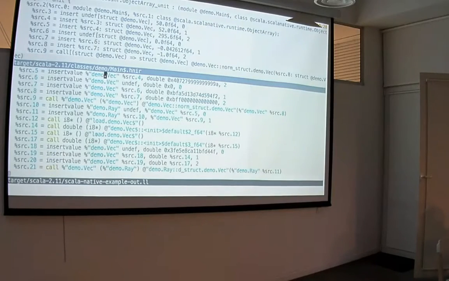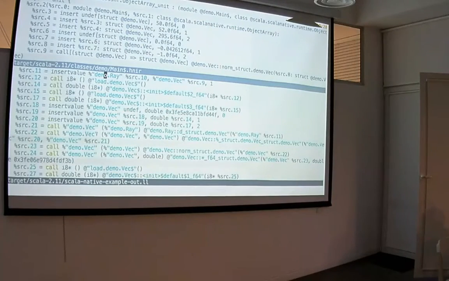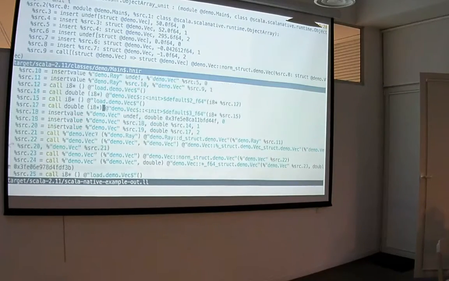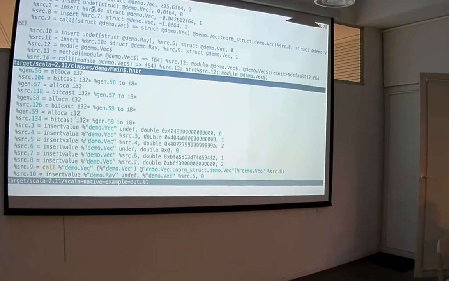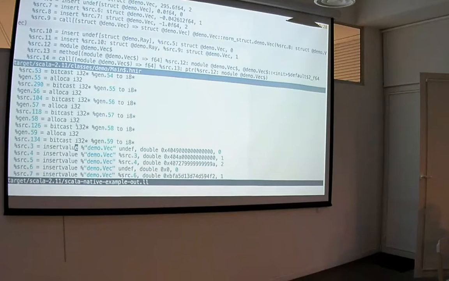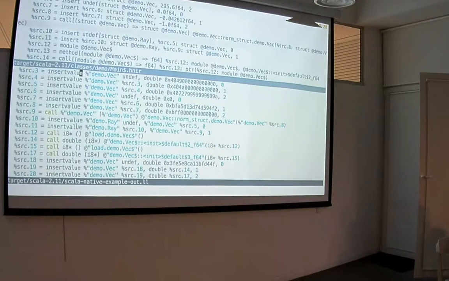So, for example, you don't have classes anymore, you still have structs. But you really have a very low-level type system that is actually C++ like. In a sense, it's very close, because many features overlap.